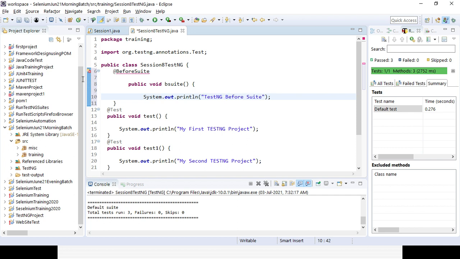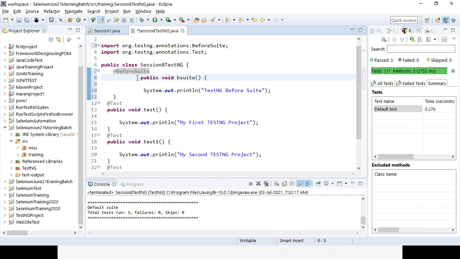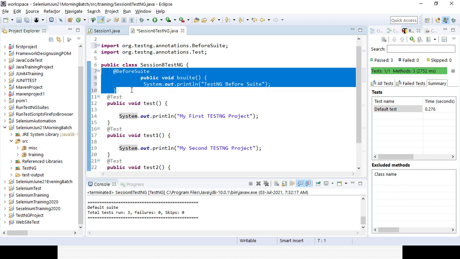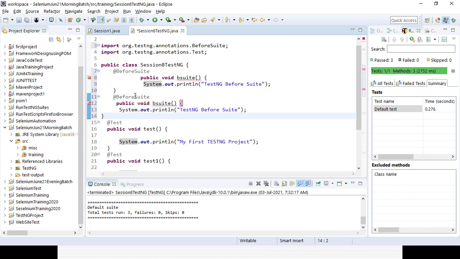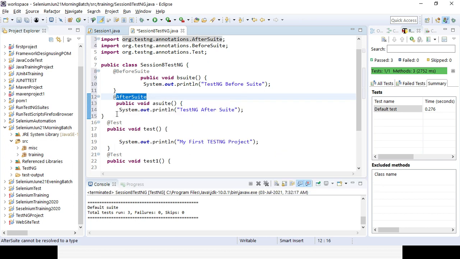You need to import BeforeSuite from org.testng.annotations, right? Then go with after suite. I can change it to afterSuite, TestNG AfterSuite. So also I need to import it from org.testng.annotations. Then in a similar way I can implement